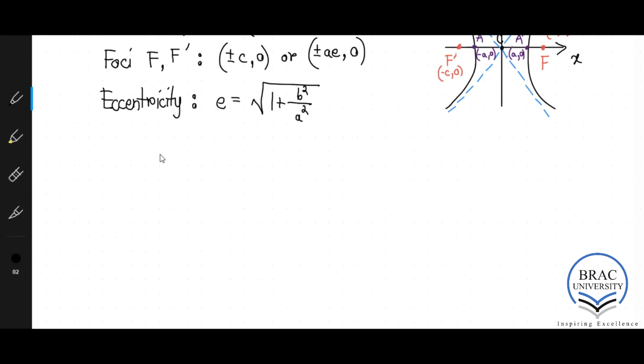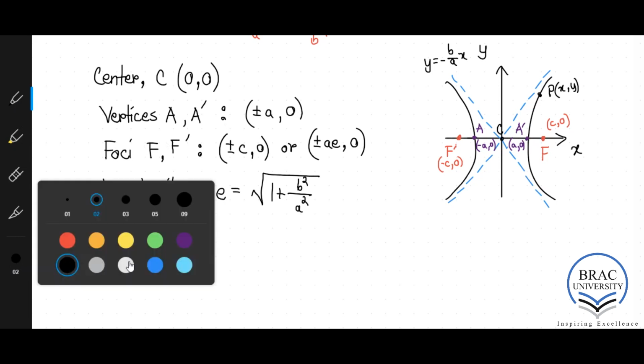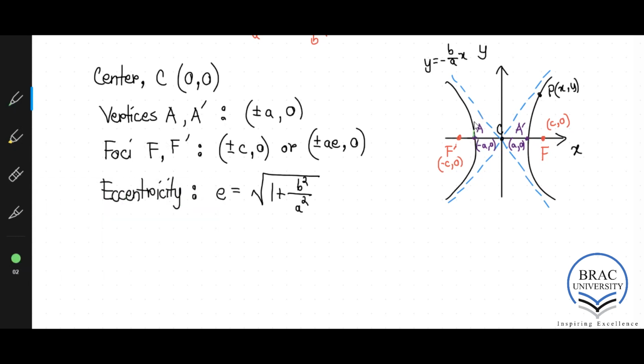If you look here, one of the important characteristics of this graph is the asymptotes. There is an asymptote here and an asymptote here for the hyperbola. These asymptotes have this form. See the gradient, right? So b over a. What is b here? The b is the length of the conjugate axis. So let me go ahead and show you what the conjugate axis is. If I draw a line up from the vertex,